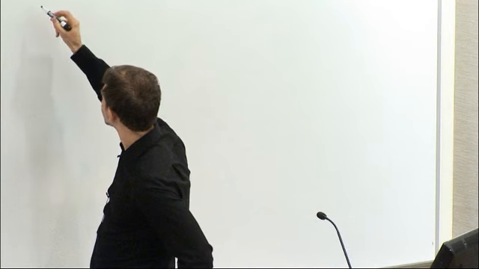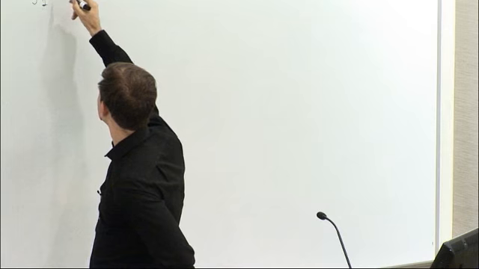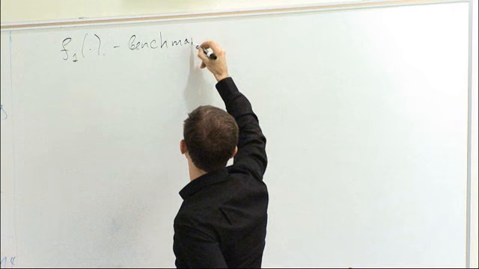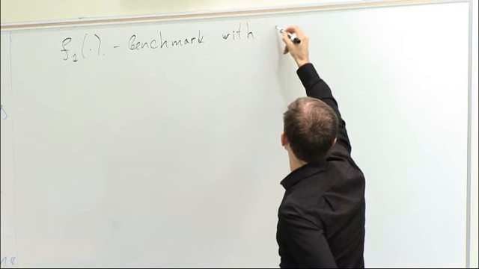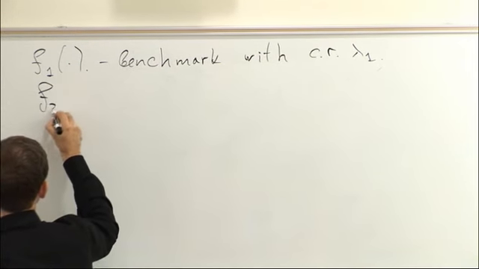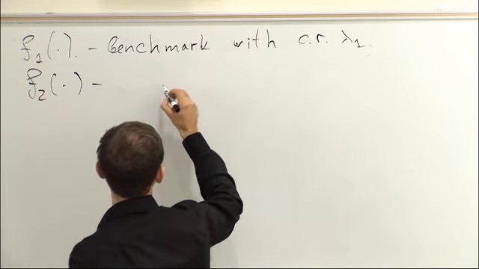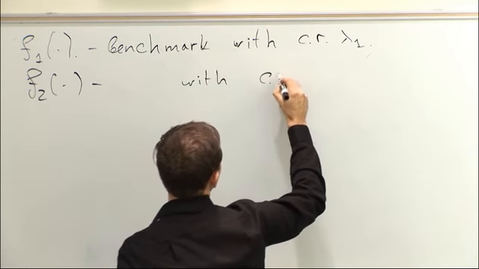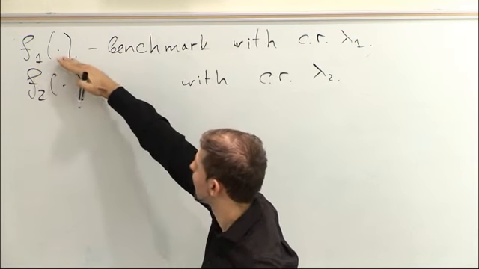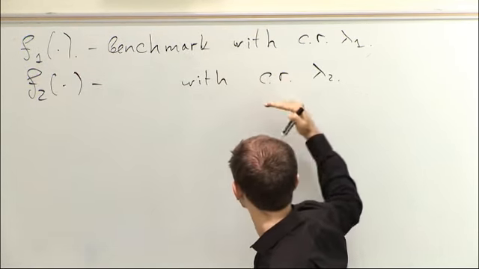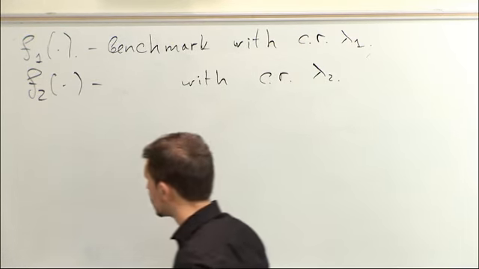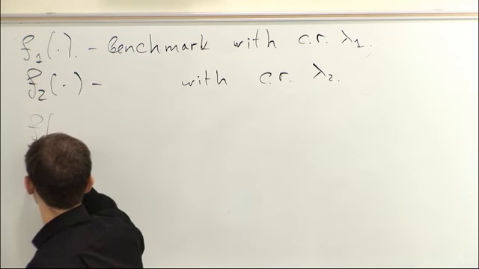Imagine that we have two benchmarks. Let's say benchmark F1 is a benchmark with competitive ratio lambda 1. And let's say F2 is another benchmark with competitive ratio lambda 2. So there is a mechanism, or auction, or algorithm with competitive ratio lambda 1, and there is an algorithm, auction, or whatever with competitive ratio lambda 2. So what can you say about their sum? If your benchmark is the sum of the two,